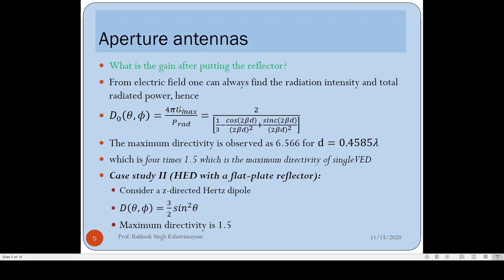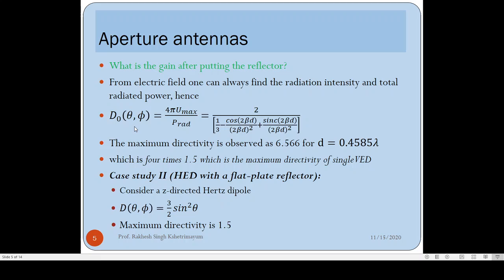Now you have radiation intensity, and you also have the total radiated power. You take the ratio of these two, multiply by 4 pi, and you get the directivity. We are interested in the maximum directivity. In that case, U will become U max. So that's how you can find the directivity of this